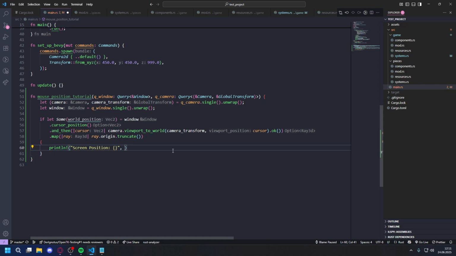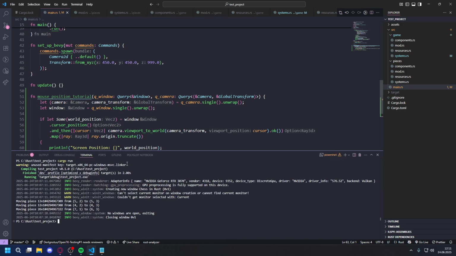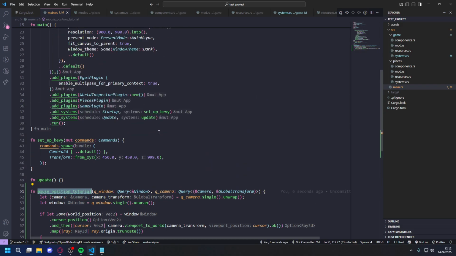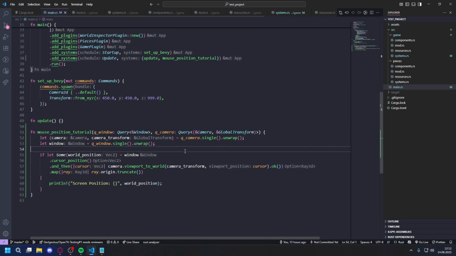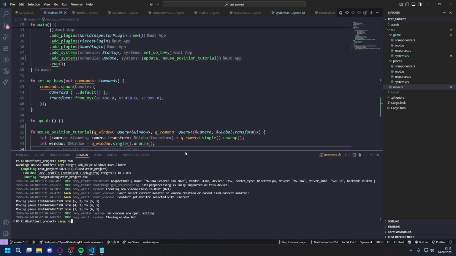And now just pass in the world position. And now if we do, oh wait, we need to first put this in update, so put this here, add systems, update, and put it in here. There you go. And now if you do cargo run,